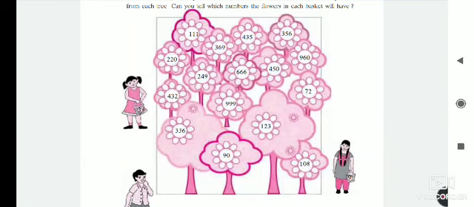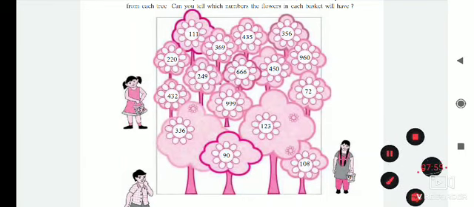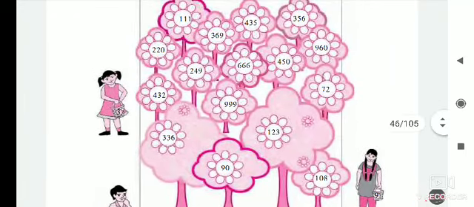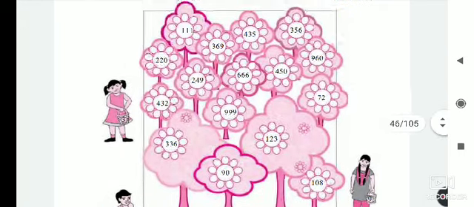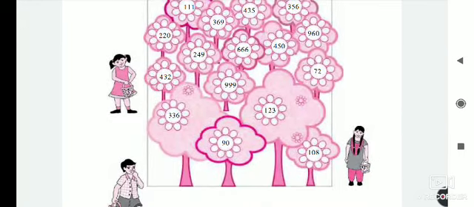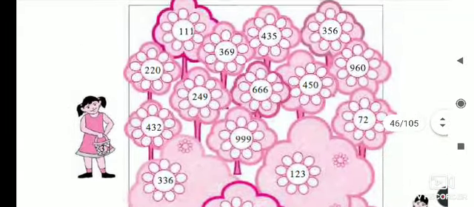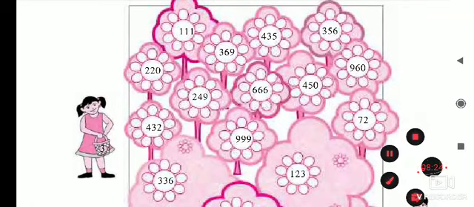First of all, use the divisibility tests that I taught you, and find out the numbers which are divisible by it. So from this we have to check whether the numbers are divisible by 3, 4 and 9, and write that number in front of that child. First of all, we will check the girl who has 3 written on her basket. So what is the divisibility test of 3?